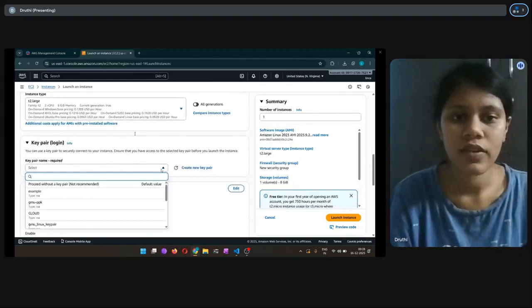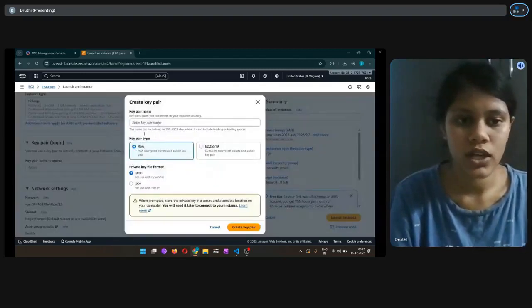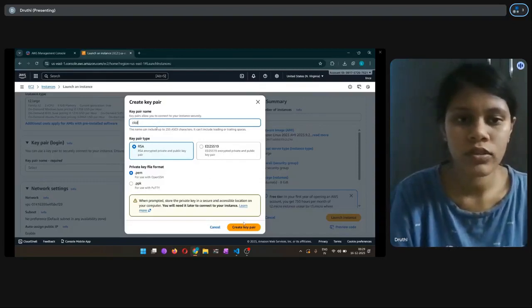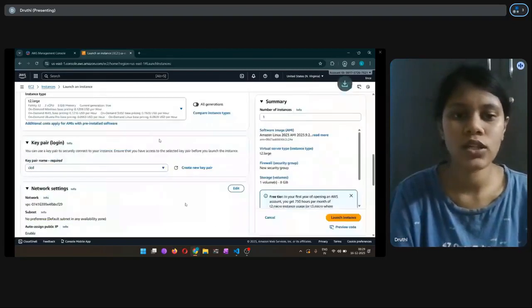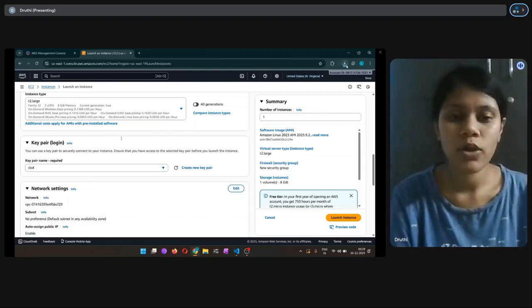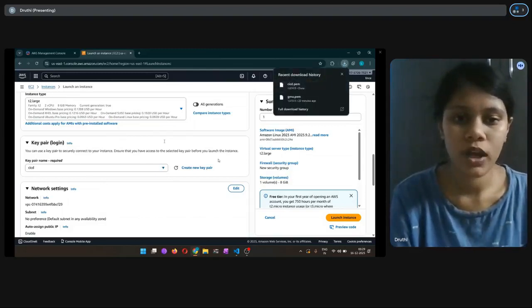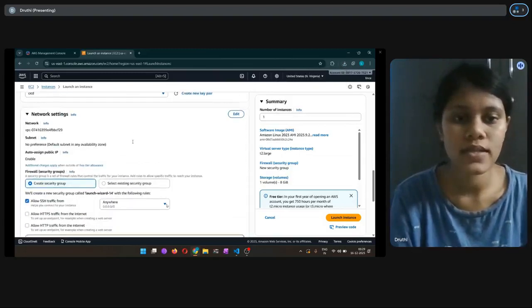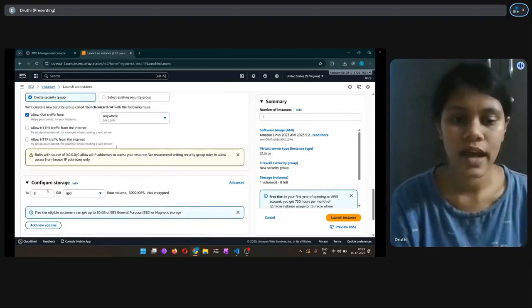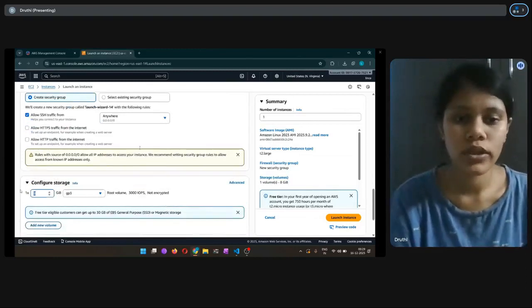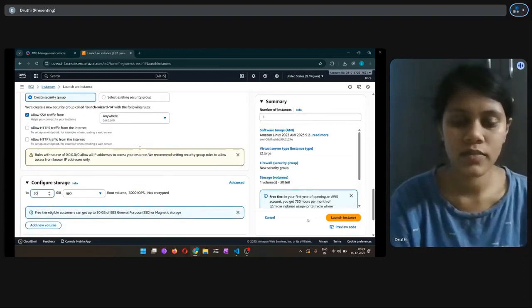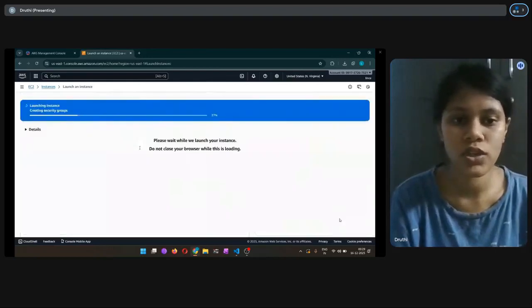After selecting, we will be doing the key pair creation. Here we create a key pair, which is required for secure authentication while connecting to the EC2 instance. AWS disables password based login by default, so the key pair acts as a secure identity mechanism. Without the key pair, server access is not even possible. So here I'm selecting the storage space, which is 30 GB, and I launch